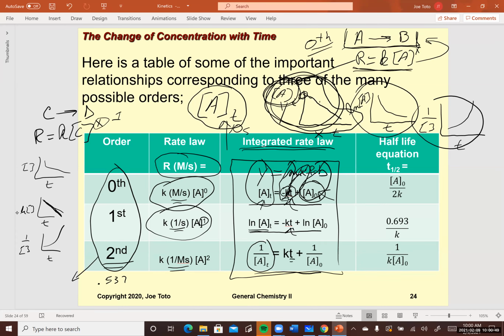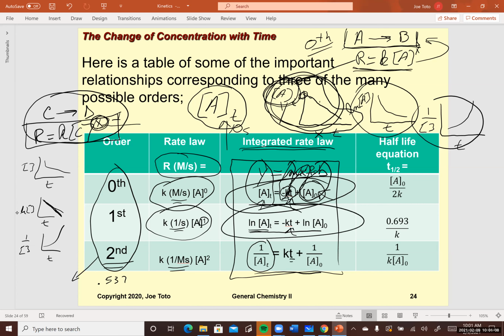So back to that thing that I was talking about. Is this clear, or are there any questions on, when you have a reaction, then it has a specific rate law with a specific order? And these integrated rate laws tell you the behavior of how the concentrations will change in time for each different order. So I'm just going to point that out. If you have any questions, ask, but you should think about that and study it and kind of understand that, because